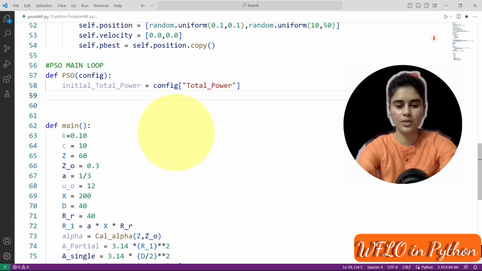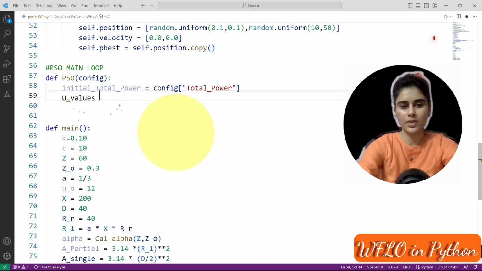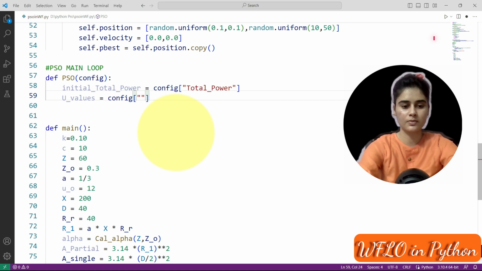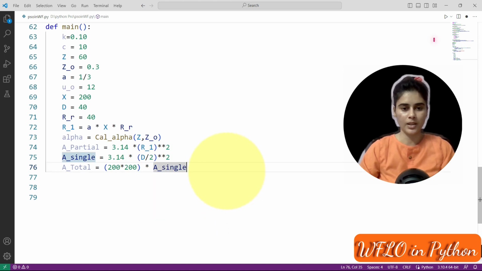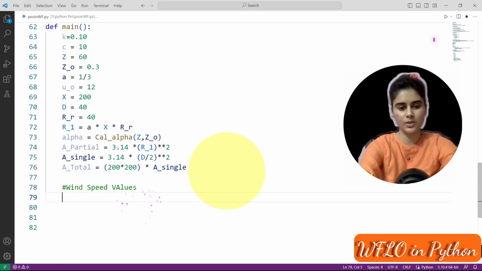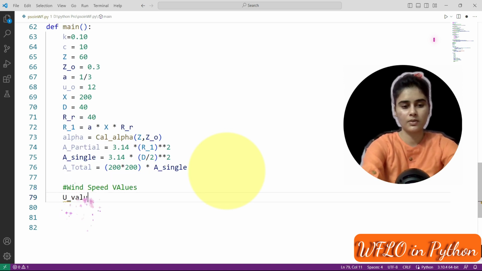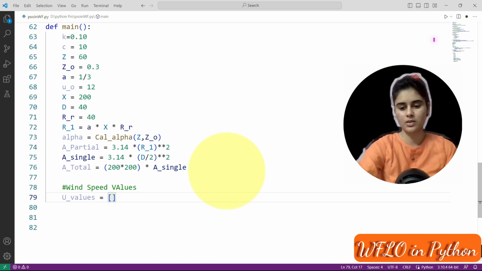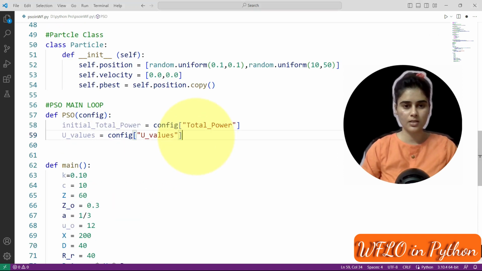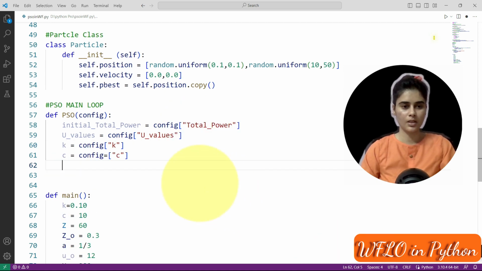Next we have wind speed values. Let's define the wind speed values here. These are the u values. Here we have 3, 9, 6, 9, 12, 15.